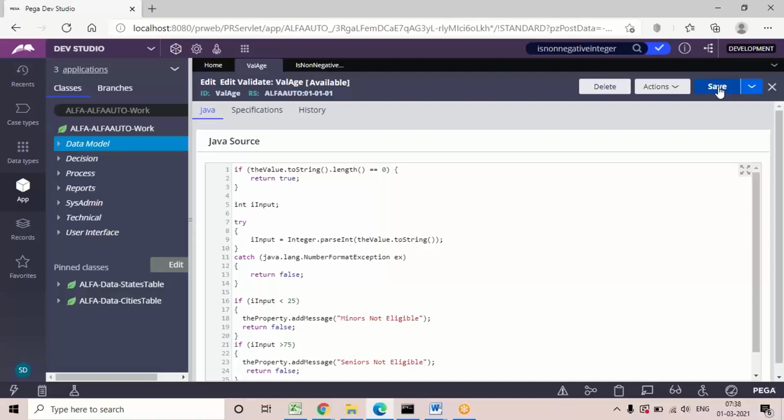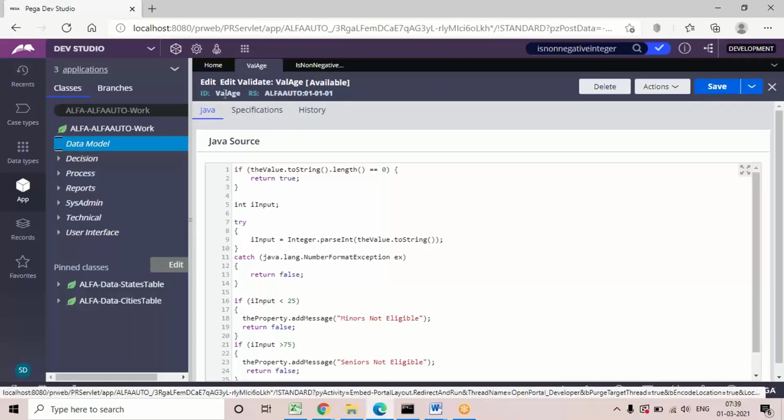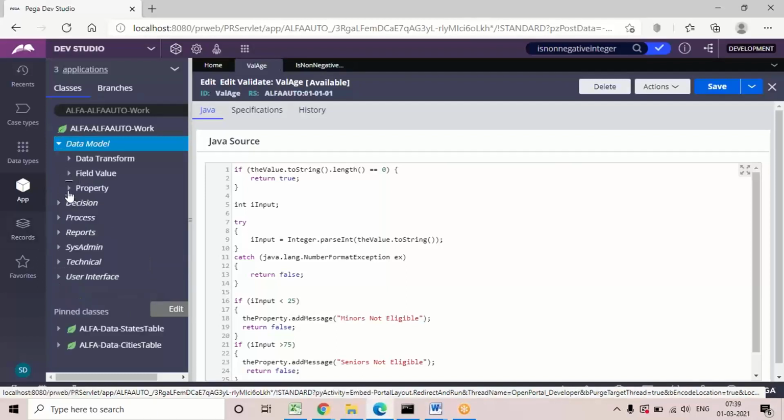And if you want to call it specific to a page, there is a possibility. In an activity, two methods are there, property validate and page validate. So in an activity also we can call this if required. Everywhere if you want to apply, call it directly on the property settings. And if you want to apply specific to a page, you can call it in the activity. If you call an activity, they'll be calling it in the flow action rule, so it will apply only to that page. So here I'm going to call it under the property settings. After saving this validate rule, open the age property.